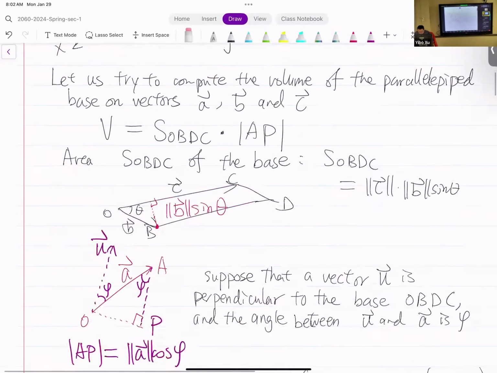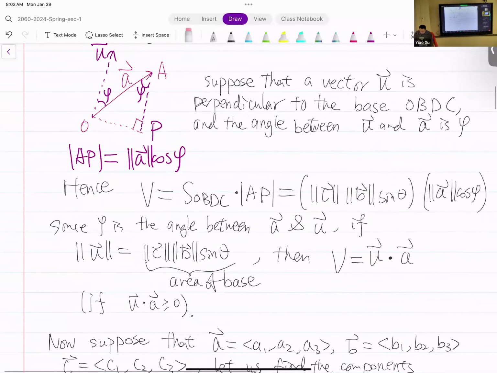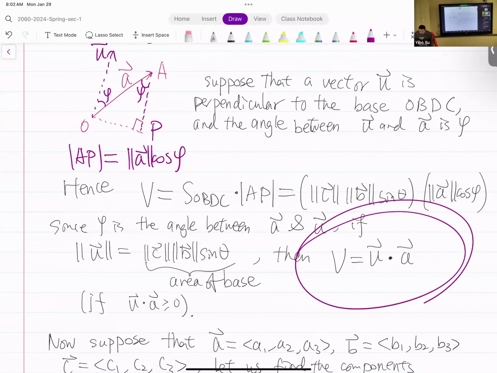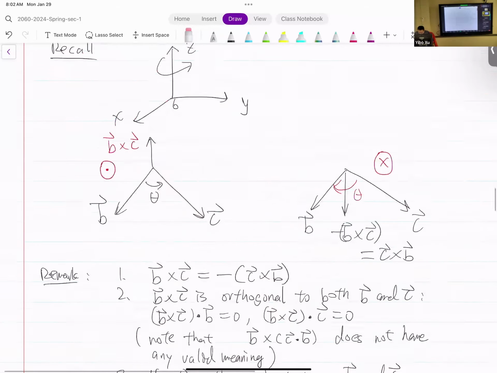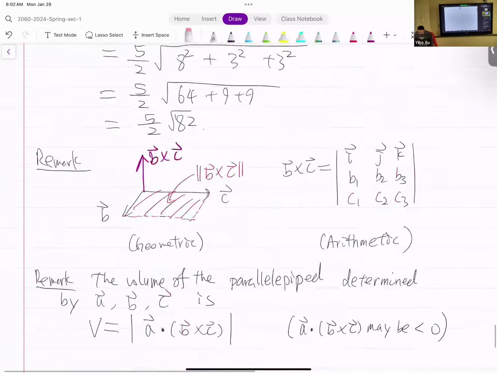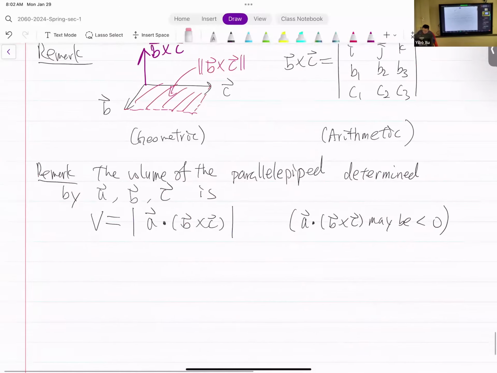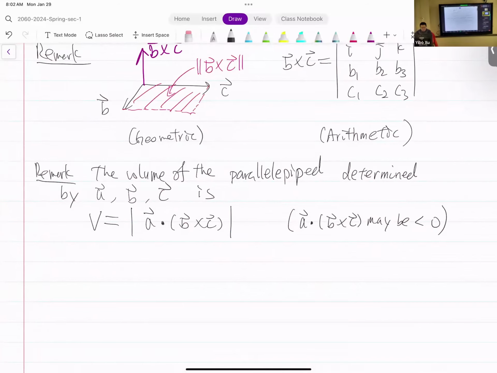Okay. Right here, right? The volume equals that desired cross product U dotted with our vector. And then we take the absolute value because it could be negative. But the volume is always a positive quantity. So, example,